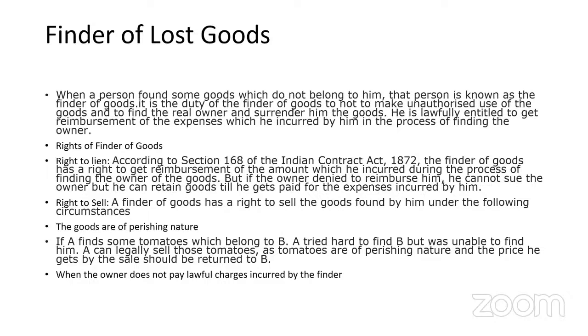Second, another right that the finder of lost goods has is that at times they also have the right to sell. See, we said it belongs to somebody else. It has to be kept safe. It cannot be used for personal purposes and all those things. But take, for example, if the goods are of a perishable nature, like vegetables, fruits, or milk that I have found belonging to somebody else. Can I keep it safe for long? No, I cannot. I can sell it then. But whatever price I get, I will have to return. I will have to give it back to the owner.